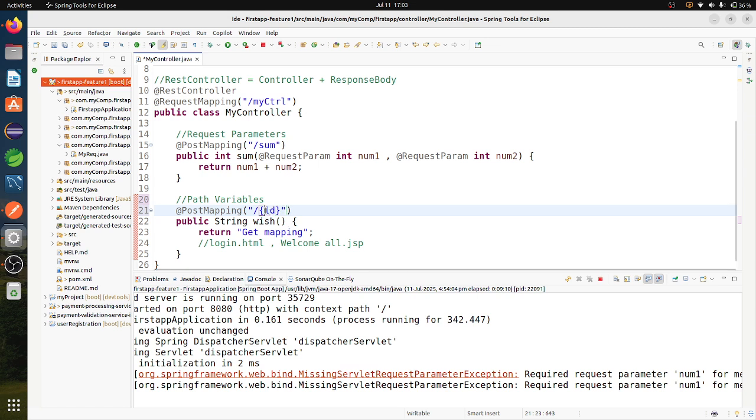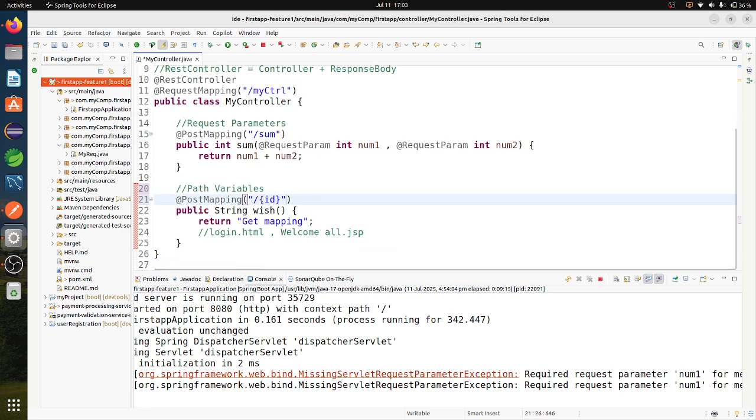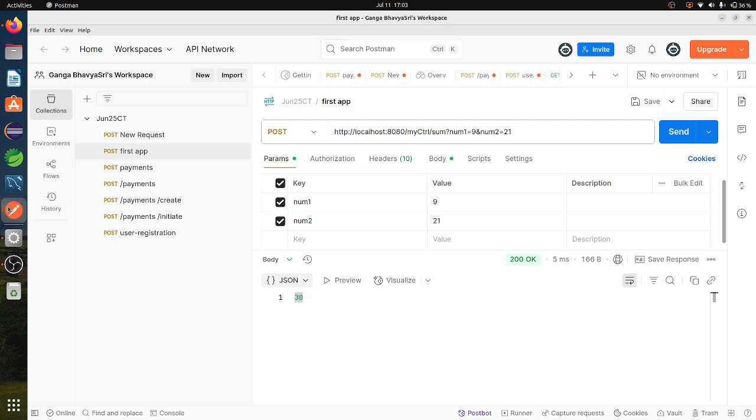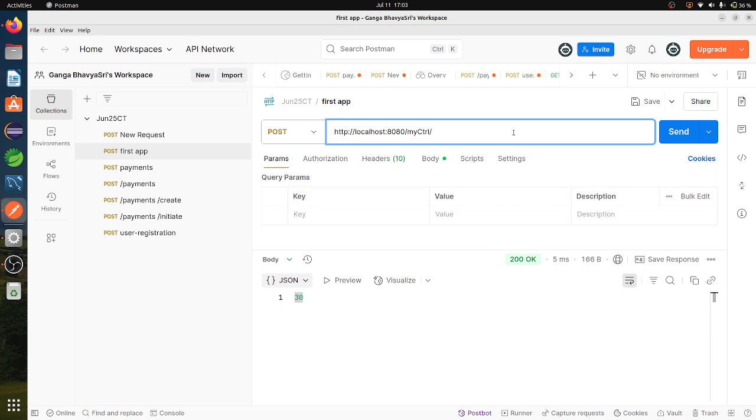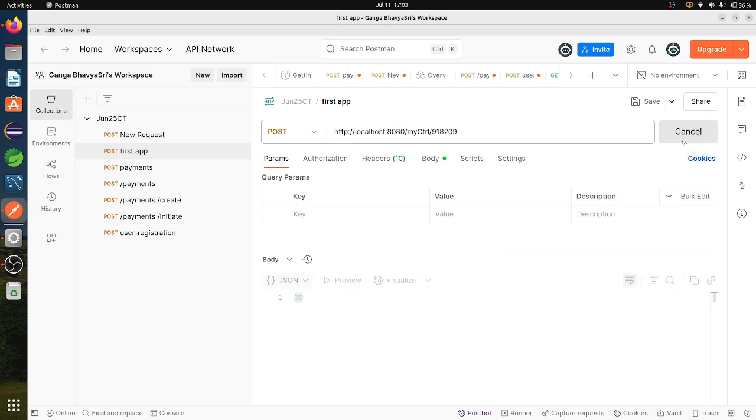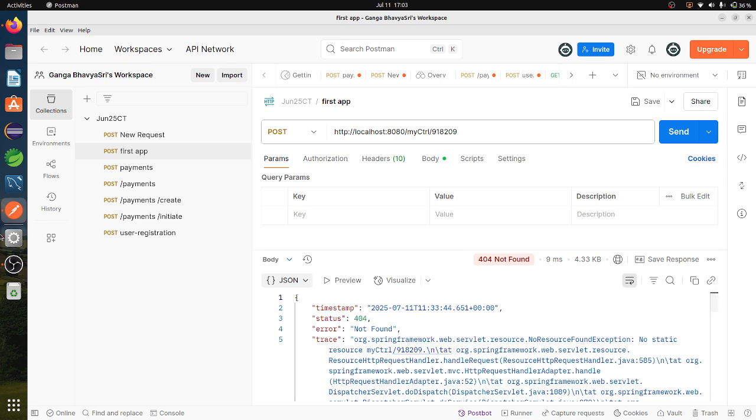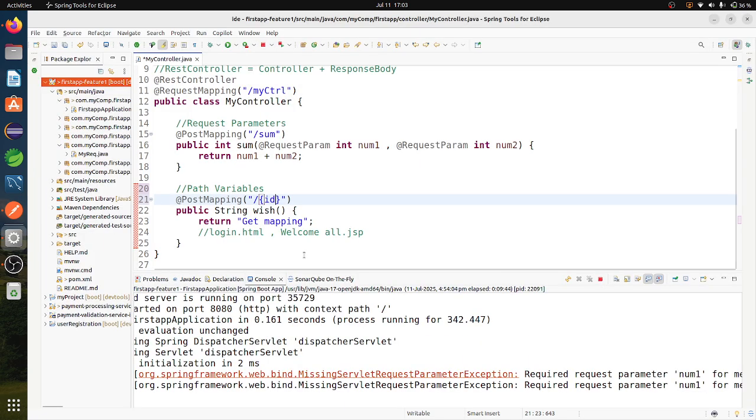Here he can pass the path. In this ID place, he can pass any number. That means here I want to use this method. So after coming to my controller, I want to say that the user has to go to this page. So if I send this one, post type only, wait a second.